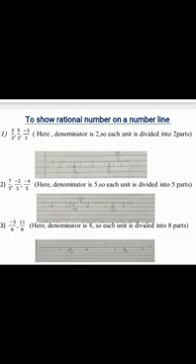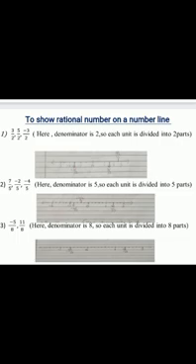Very good. So now again in the same manner, first draw the number line, show the midpoint, to your right hand side the positive numbers, to your left hand side your negative numbers, and then each unit has to be divided into 5 equal parts, and then count the numbers from 0 to 7 and show 7 upon 5.